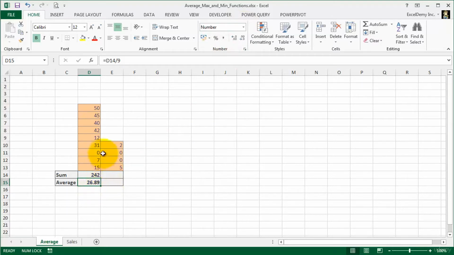Notice that among the numbers, one number is 0. So at the time of calculating average, 0 must be counted as a number. One more example. I select the next range. You see, this range has 2 zeros. The sum of the range is 7 and the total number is 4. I calculate the sum. To find the average, I have to divide the sum by 4. Input equal sign, sum, divided by 4. Press return. You see, the average of the range is 1.75.